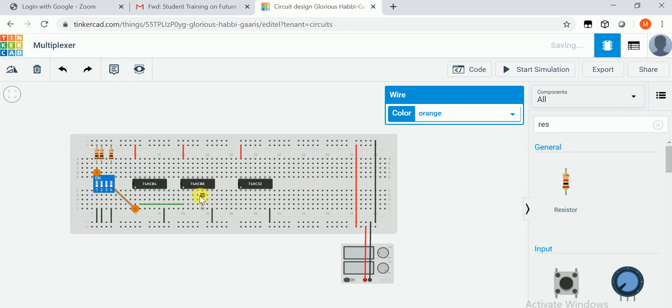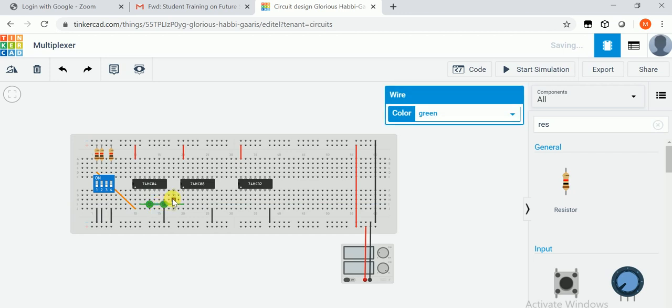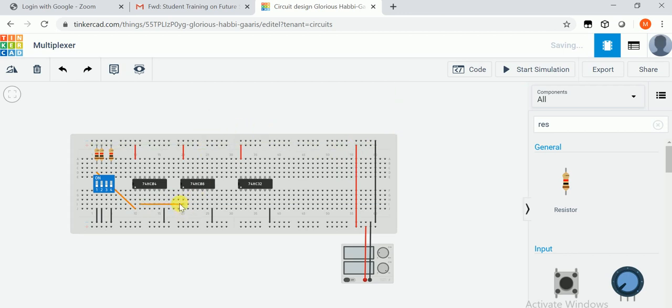We will make it orange and this wire should be orange. Okay. Now this will generate I0 bar here. I0 bar multiplied with S1.